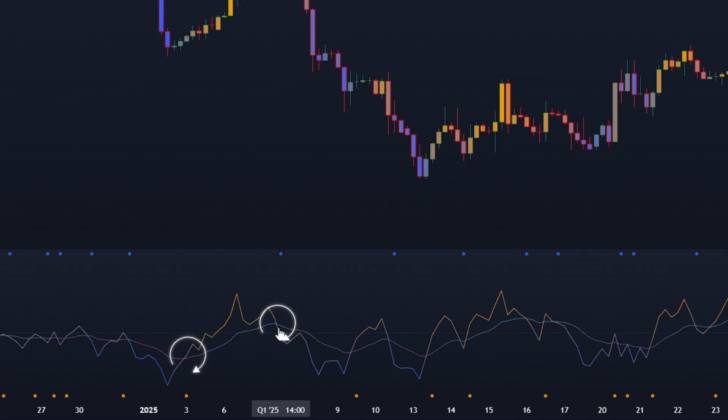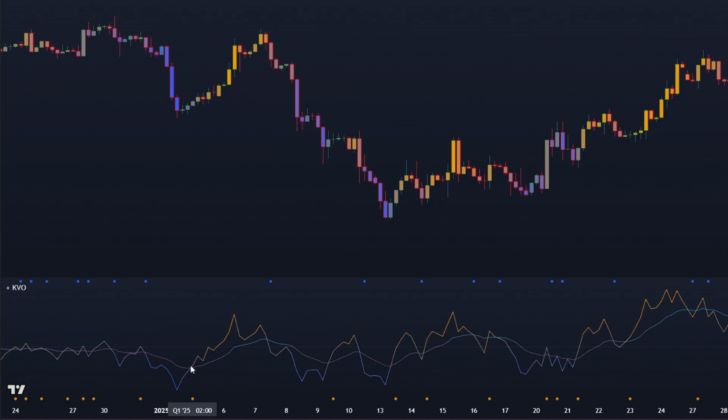And when these crossovers happen, they indicate momentum shifts in the market. When the oscillator line crosses above the signal line, it shows increasing upside momentum, which signals a potential buy opportunity. On the other hand, when the oscillator line crosses below the signal line, it shows increasing downside momentum, signaling a